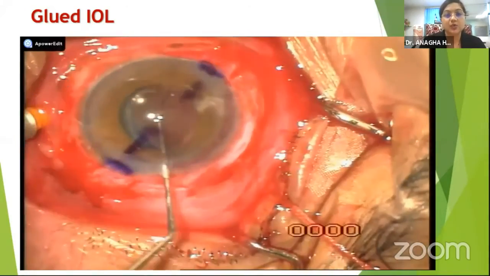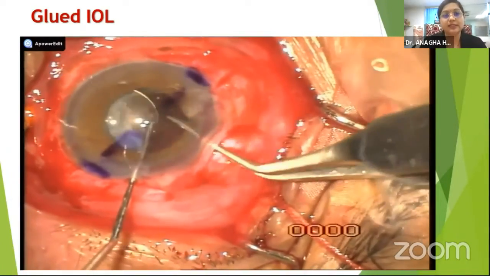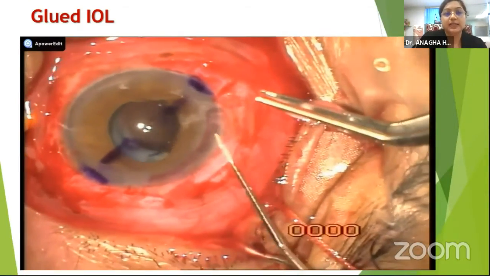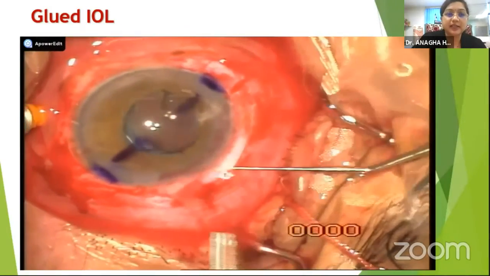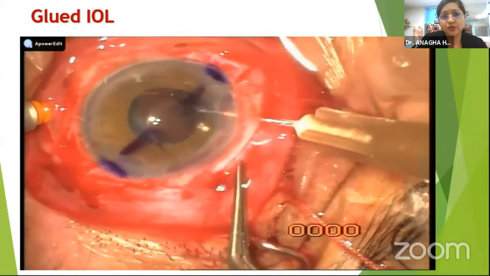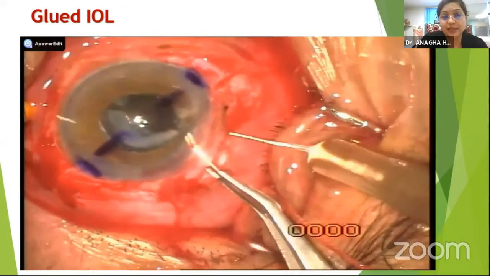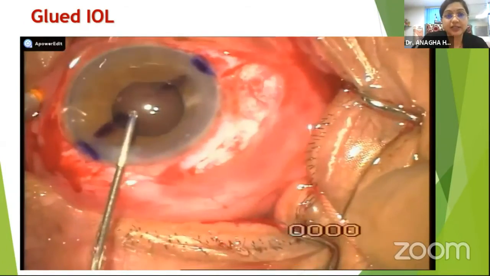These are the partial thickness scleral flaps being fashioned out with the blade, and then you're making the main incision with a tunnel. The intraocular lens which has subluxated is then, with the bag complex also, gently brought into the anterior chamber in front of the iris, and then very, very gently it is maneuvered out of the eye. We have to remember that here a perfect, thorough vitrectomy has to be done because otherwise it can cause a lot of vitreous traction in the eye.